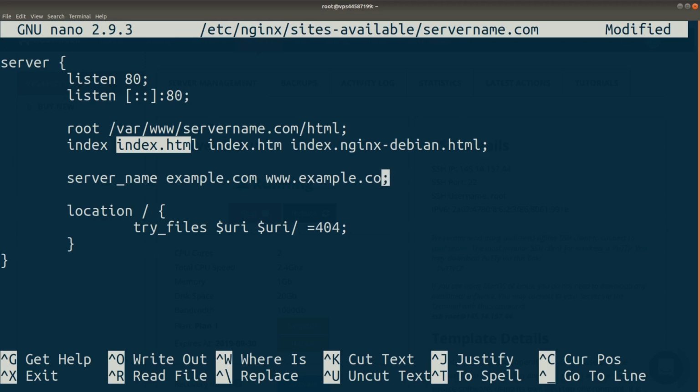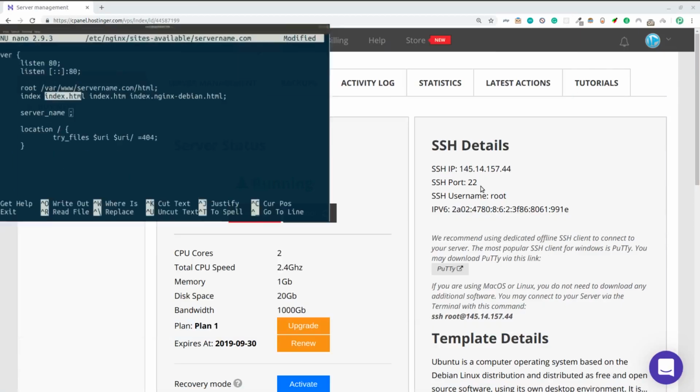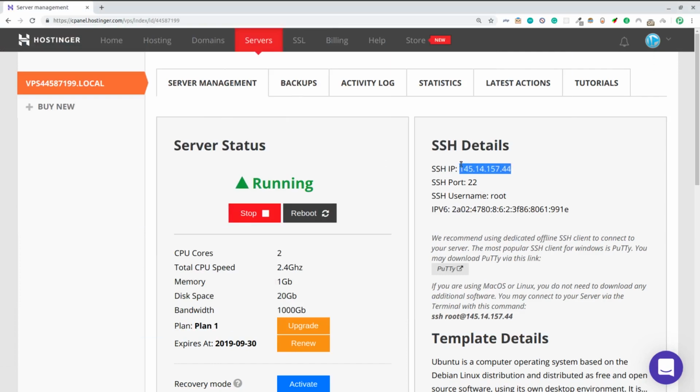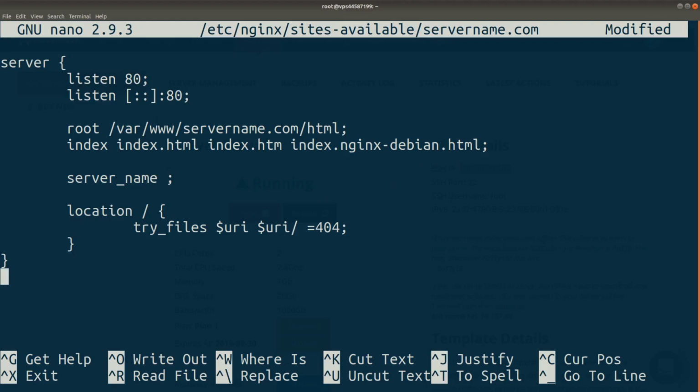If you don't have a domain, or if you really want to use your IP address, you can simply go back in here, grab this one, and paste the actual IP address, and it's going to be used. And here for the location, for any location, / means the root access of your website, and it's going to